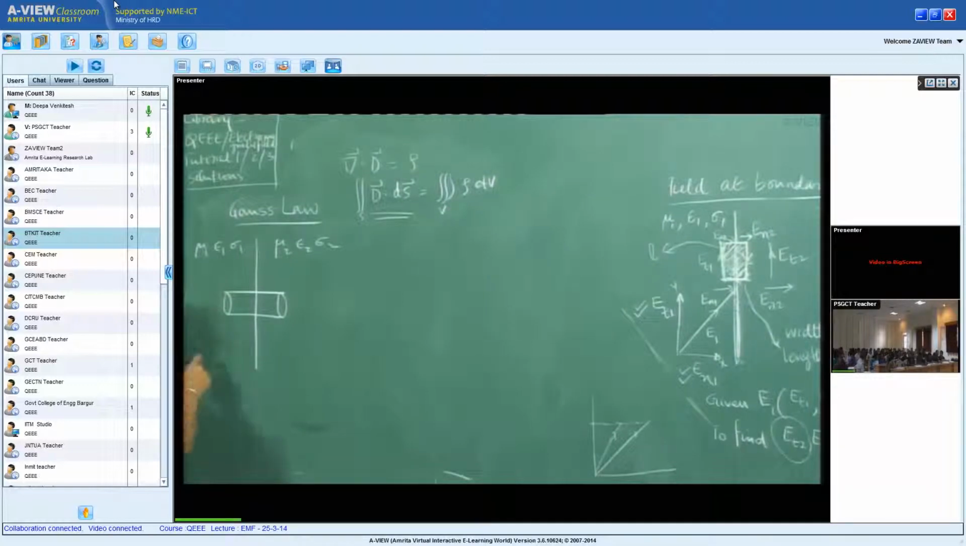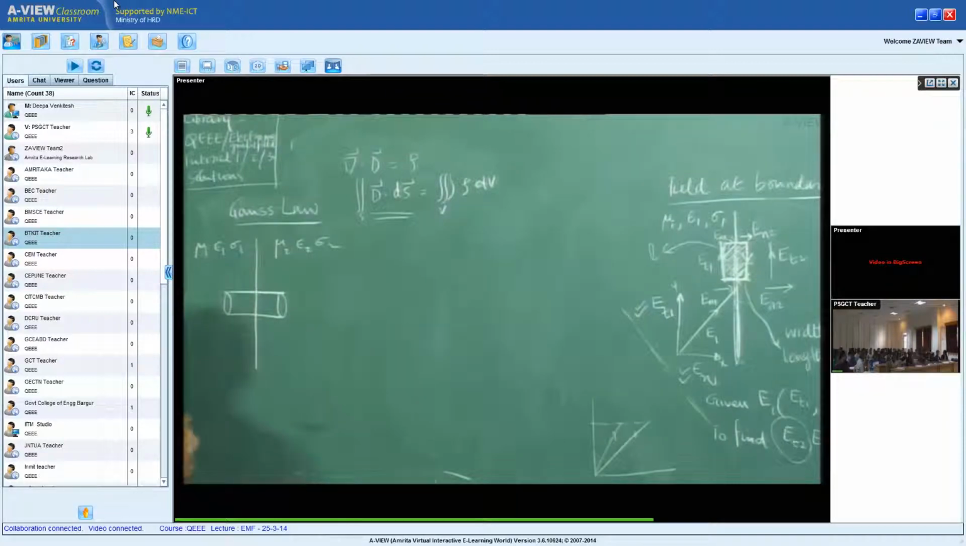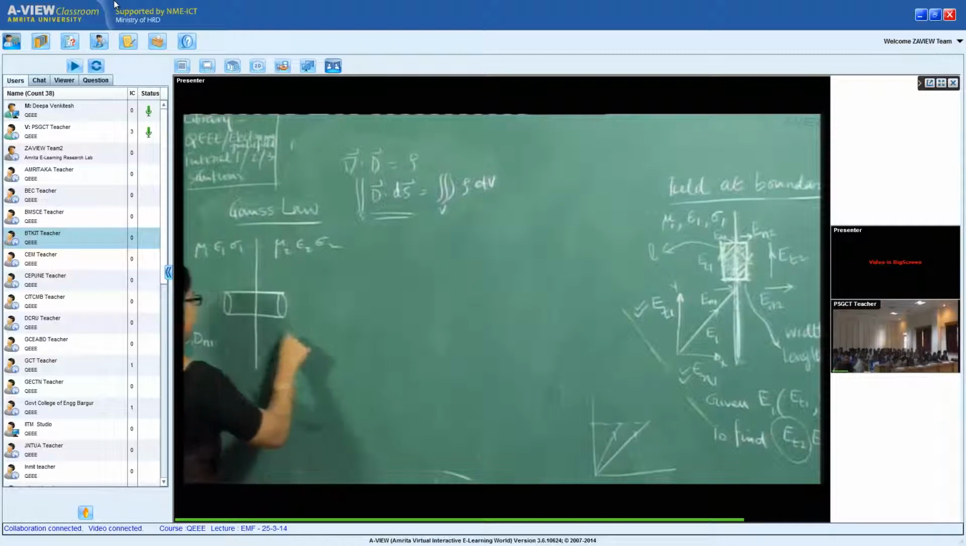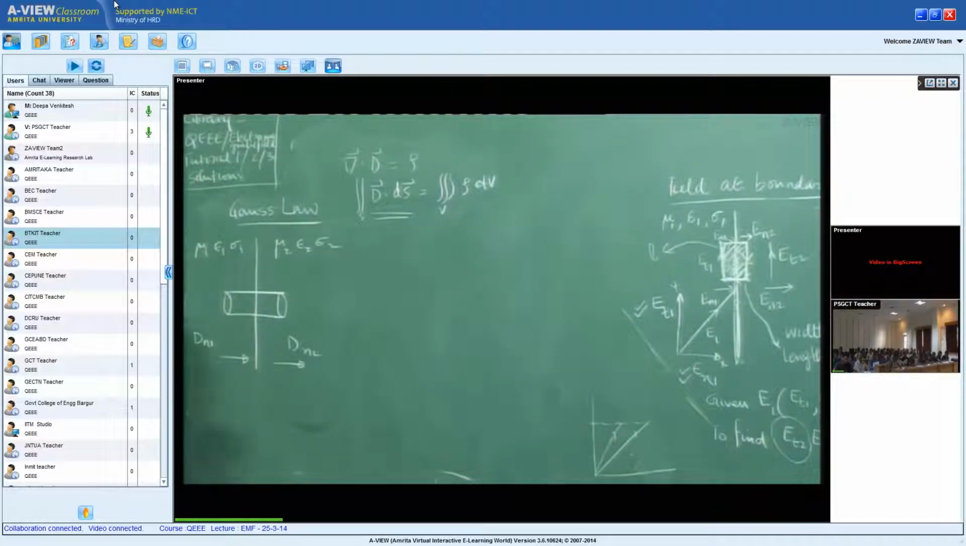Because Gauss law is going to talk about D, I will try and figure out what is dN1 and dN2. Remember what is dN1? It is in this direction, dN2 is in this direction. The same notation, the same sense of direction. But I won't get E here because Gauss law is defining D. Now if I apply Gauss law,